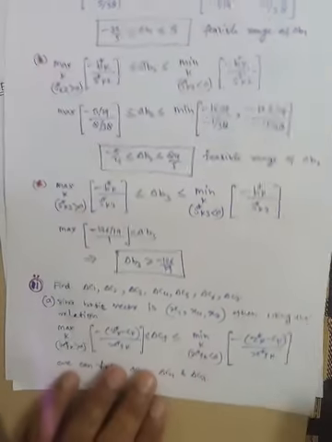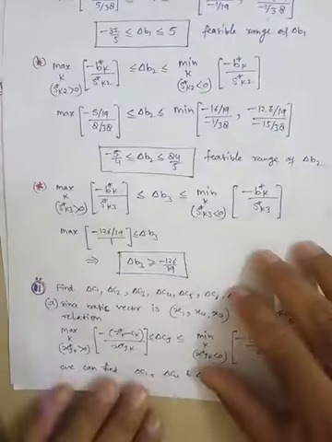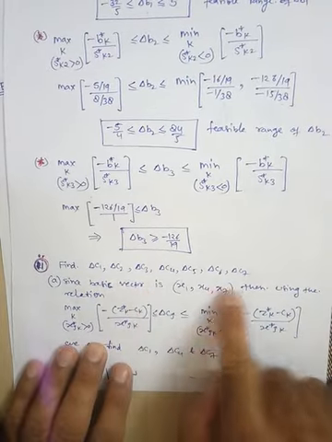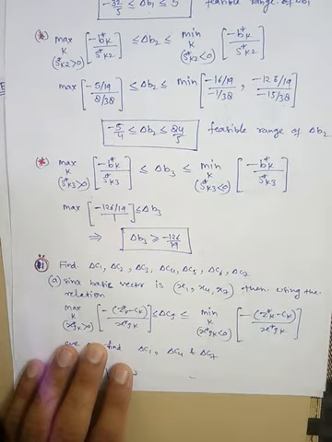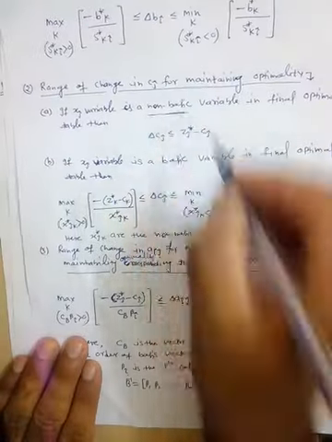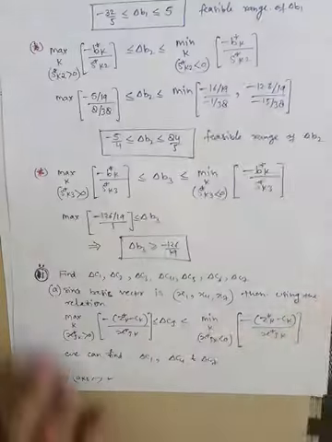Dear students, in this video I am going to discuss the second part. Here we are finding the ranges of delta C1, delta C2, delta C3 and so on. Fine. So here if you remember the formula, then we are having two types of formula. For Cj we are having two types of formula, for non-basic variable and for basic variable. Fine. So now first see the table.